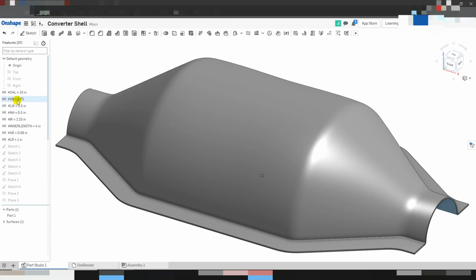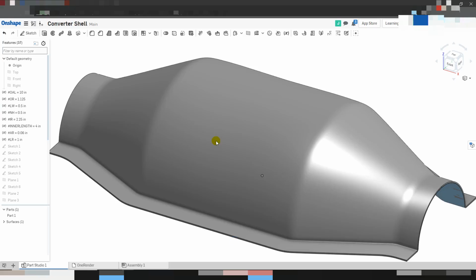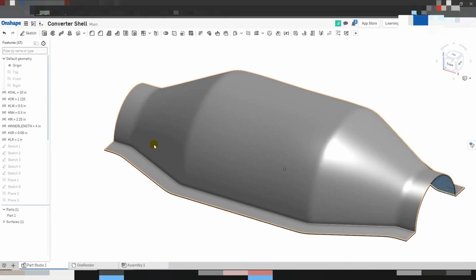And then I can make my outlet radius something like 1.125. And I can build a whole new converter shell basically instantly right on the cloud with the help of Onshape. So let's go into the principles of both equation-driven curves and sketches, as well as how to surface in Onshape as well. I'll create a new document,